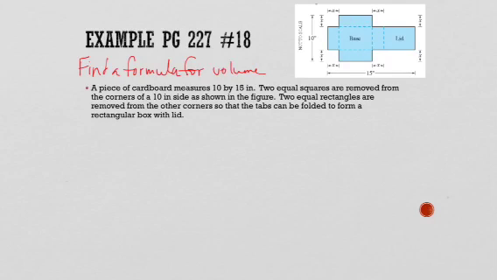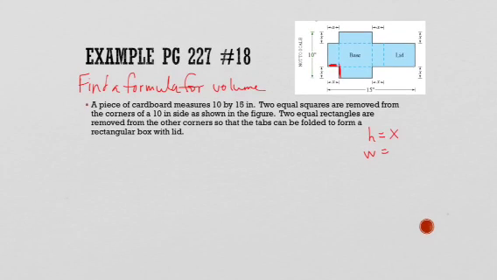So looking for the volume of the box. You'll notice that the height of my box is going to be x, because this distance and this distance are going to fold up, so they're going to talk to me about the height. So height equals x, width equals 10, which is my total distance here, minus this x and this x, so my width is 10 minus 2x,